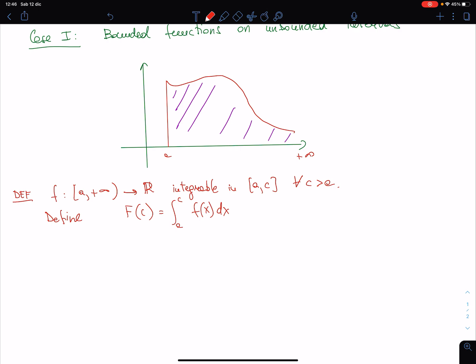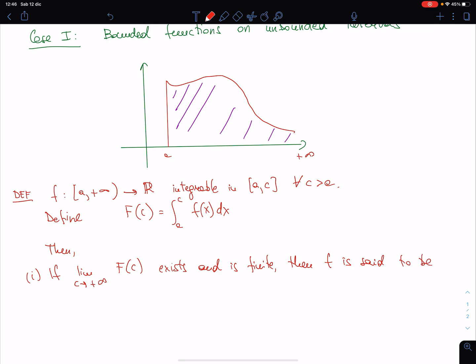Then we have these possibilities. First, if the limit for c going to plus infinity of capital F of c exists and is finite, then f is said to be integrable in the improper sense in the interval a plus infinity,